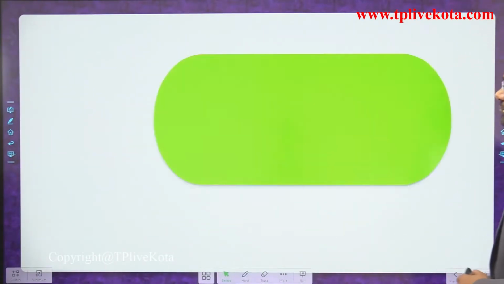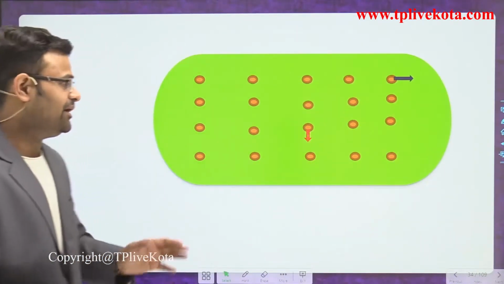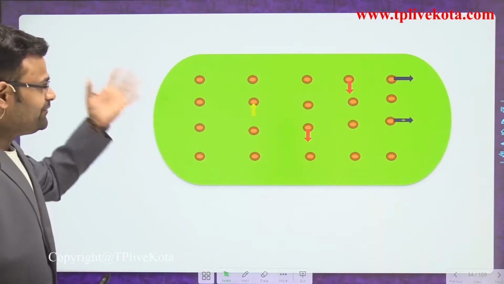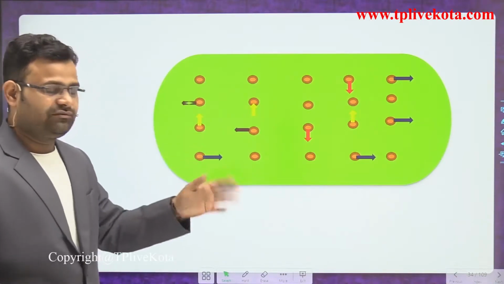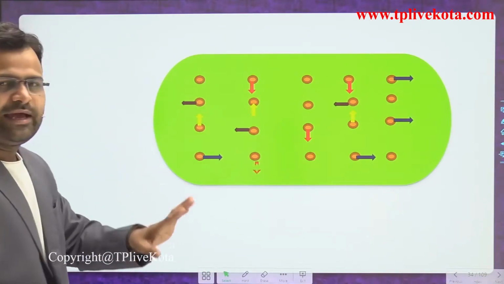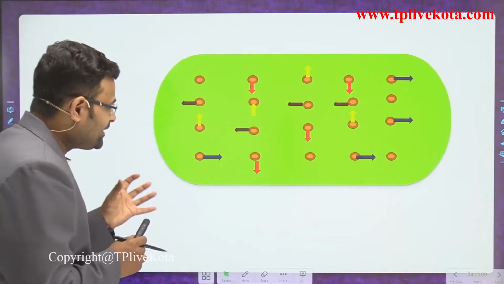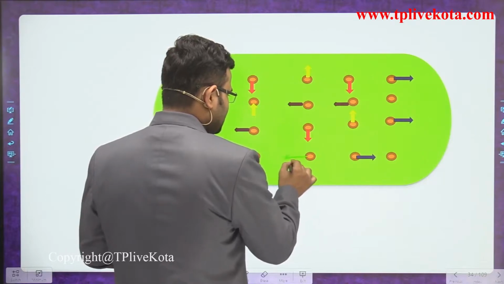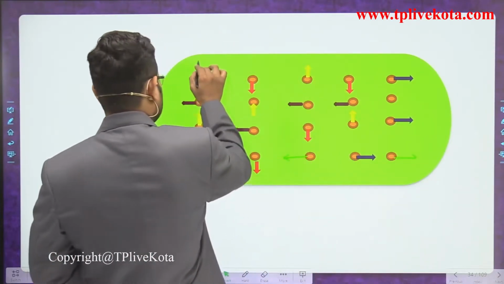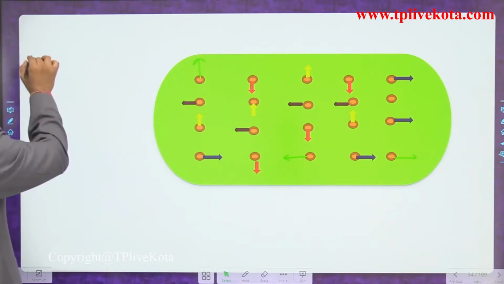Okay, now dear student, that is a conductor. What is a conductor? A conductor has many free electrons and every free electron is moving in a random motion. Let's see carefully. Someone is moving right, someone up, someone down, someone left. All the electrons are moving in some random motion. So due to that random motion, one is moving in one direction, another in the upward direction. So all are moving in a random motion.